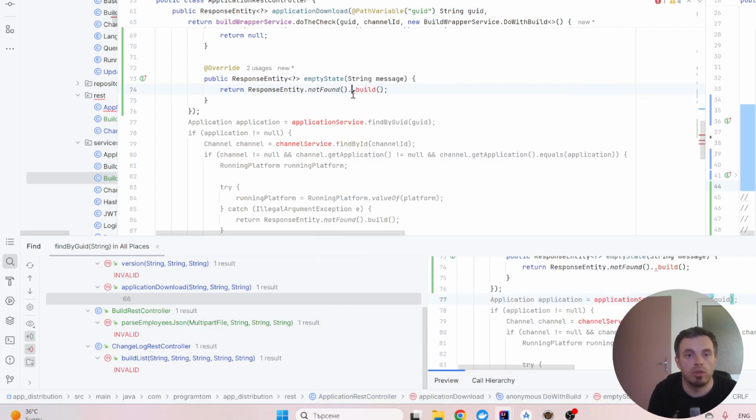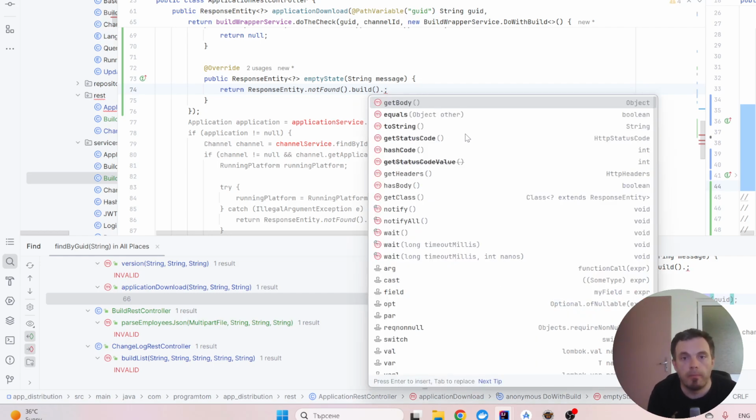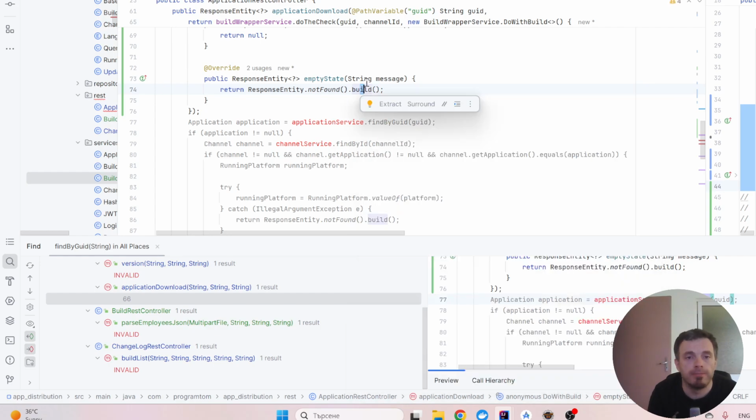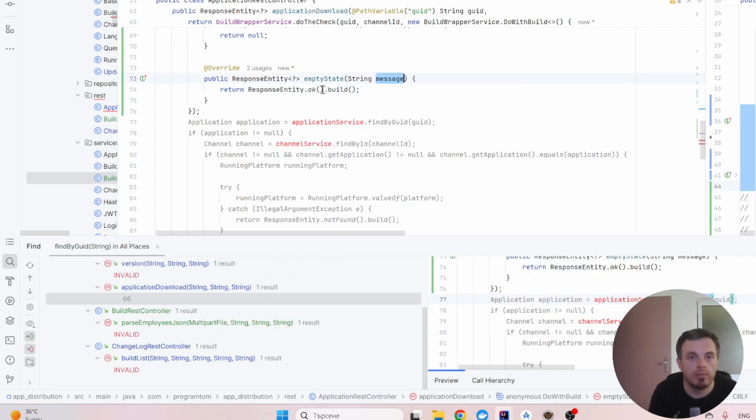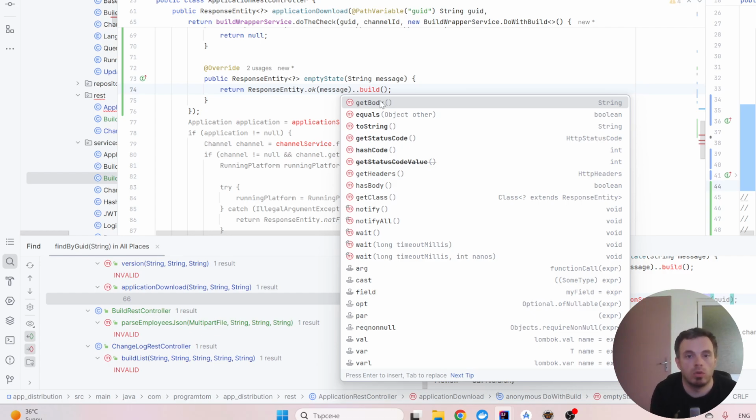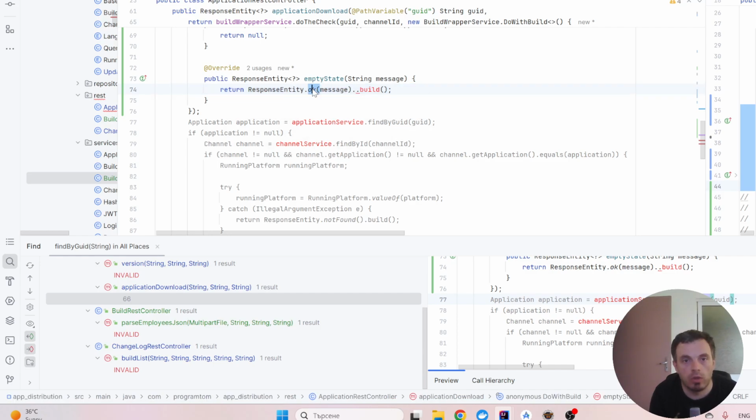Or it is in the build. So this okay, but could I introduce